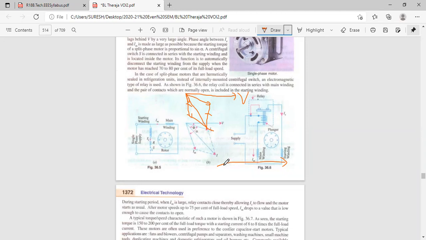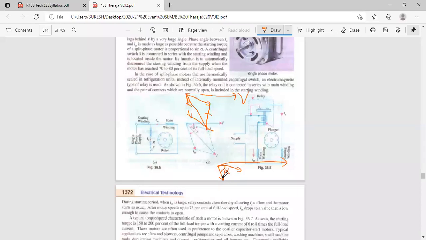First I am drawing IM. IM is having high reactance, therefore current IM is lagging the voltage by more angle. This is IM. Okay, this is IM. And IS. IS is having low reactance. If reactance is less, it is lagging the voltage by less angle. This is IS. Now the angle in between IM and IS is alpha. This is IM, this is IS.